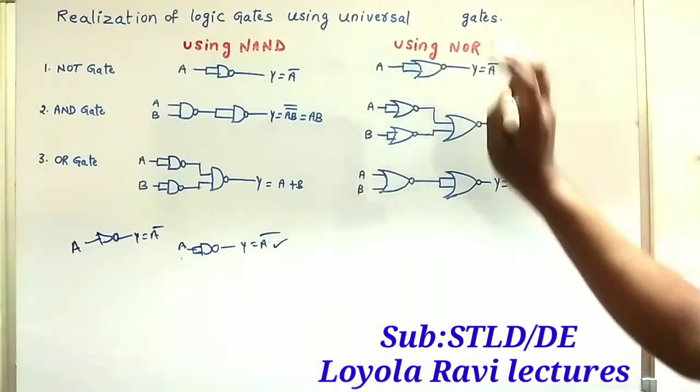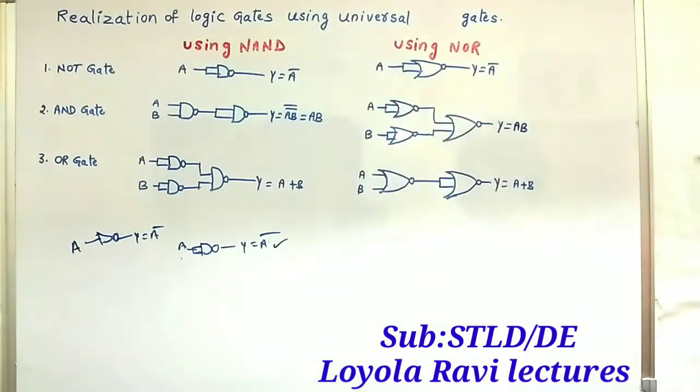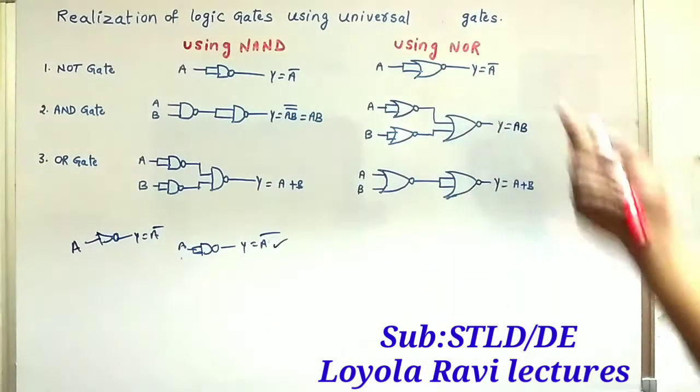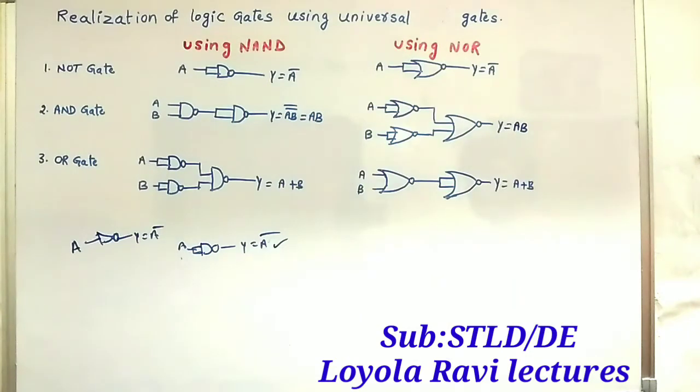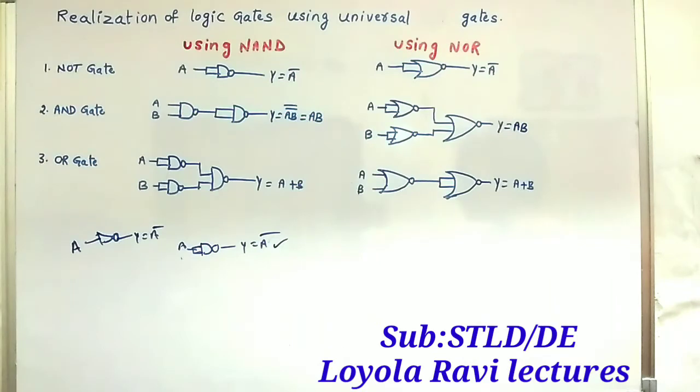Then using NOR, NOT gate, exactly the same. NOR has two inputs, those two inputs I am shorting and connected as a single input. Then Y is equal to, basically what is the expression, A plus B whole bar. Only here one input, that's why A bar. So simply one NAND gate or one NOR gate is required for implementation of NOT gate. If you want to replace NOT gate using NAND or NOR anywhere, like this you have to take a single NAND or NOR gate.